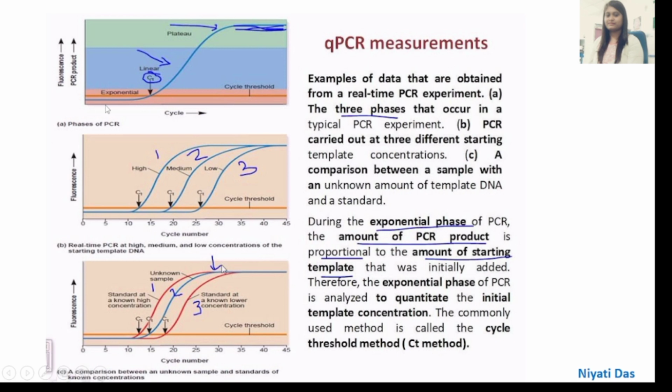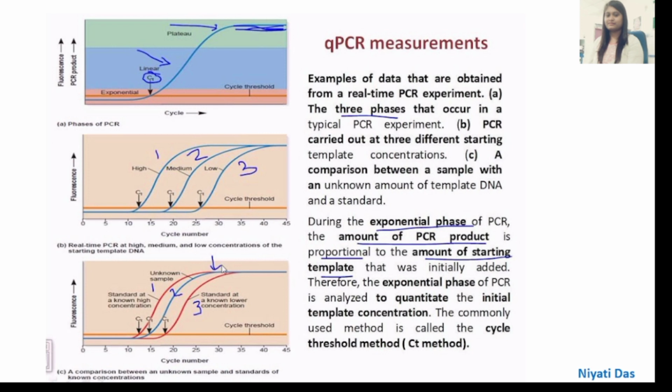What happens in the exponential phase? This is the starting phase. Plenty of primers and plenty of template are present in the reaction mix, so the concentration of the desired gene product increases in this phase. After a certain time, the reaction reaches a certain condition, and the desired gene product is continuously increasing. This process is known as the linear phase.